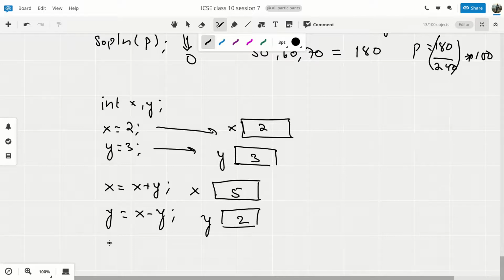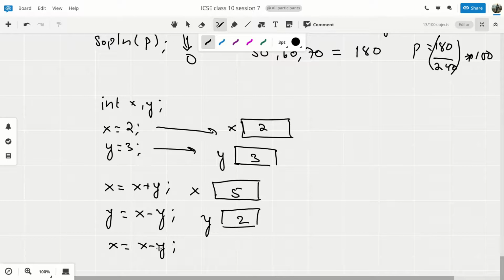Let's go ahead. x is equals to x minus y again. Now we know the latest value of x is 5 and y is 2, because y was changed very recently. So we have to take the latest value of the variables. So the latest value of x is 5 and y is 2.